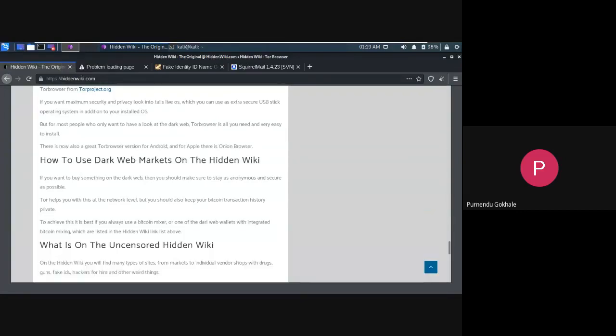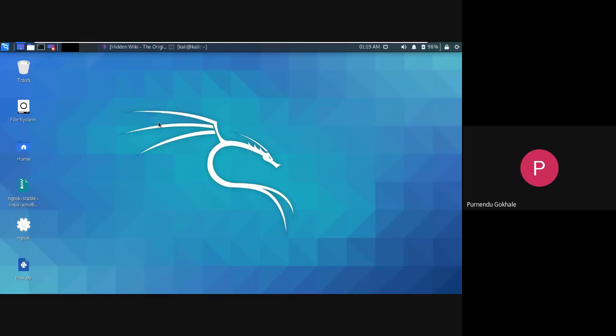There are lots of things that we can explore on the Tor network. I've opened some sites, and I'll be telling you about them. The Tor browser is basically known for giving anonymity. So why do we need anonymity? Because we don't want our browsing history to be opened by anyone, or anyone to get our browsing patterns, what we are surfing, and all those things. So we need anonymity. For this there is the Tor network, a different network where everything is secured and no one knows where the traffic is coming from.